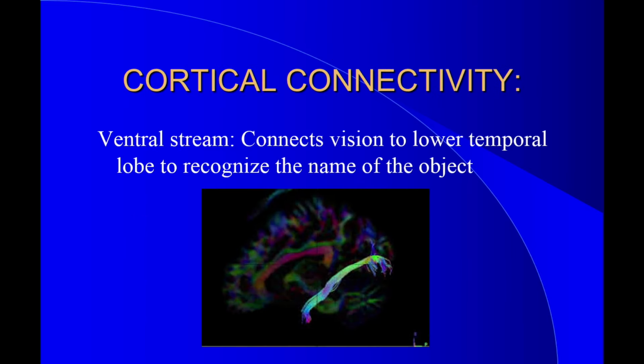So I'm going to talk about something here. What's this? A little ball. So there's a massive stream. This is the ventral stream that comes from the area of your brain where you have vision down to the area where you store the words, where you recognize what things are, the knowing. It's the ventral stream, right? As an example of just something that's massively connected, right? Your eyes to your language area.